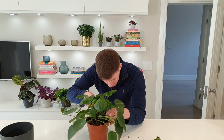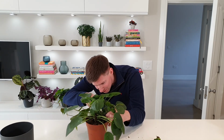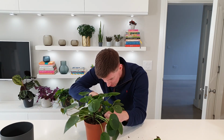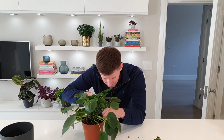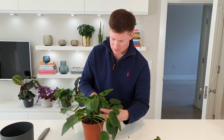I usually leave about 1 to 2 centimeters of rhizome on the baby plant, just to give the baby plant plenty of opportunity to grow. So I'm just cutting through that now. Okay, and now that we've cut through the main rhizome, we can probably just separate the rest of this